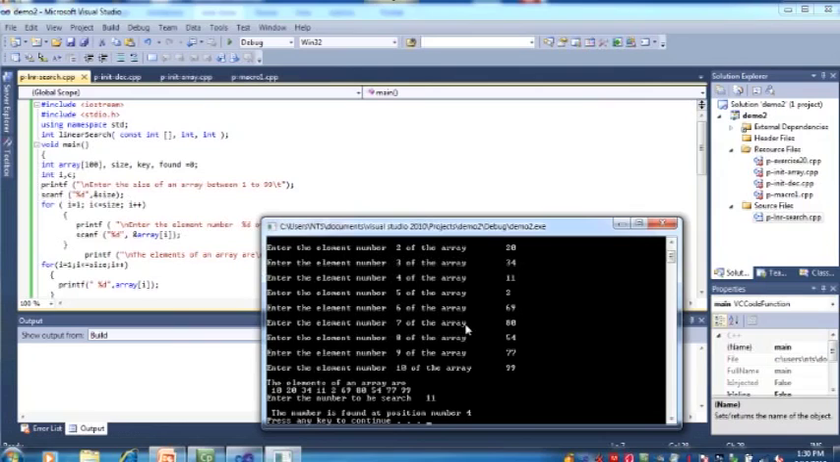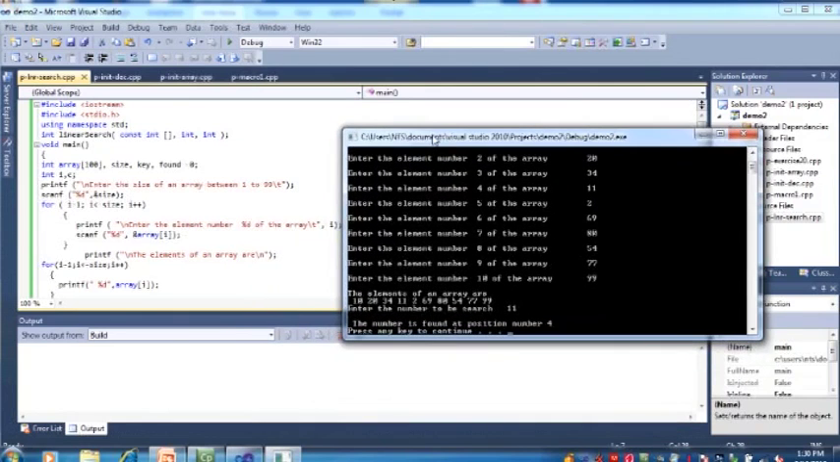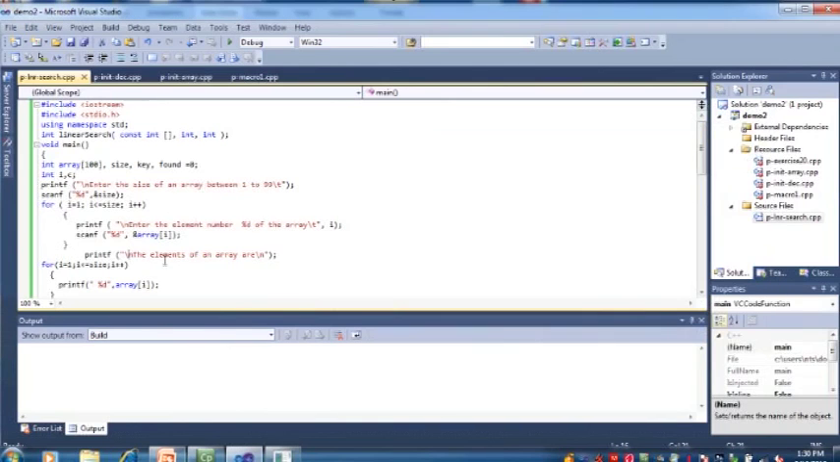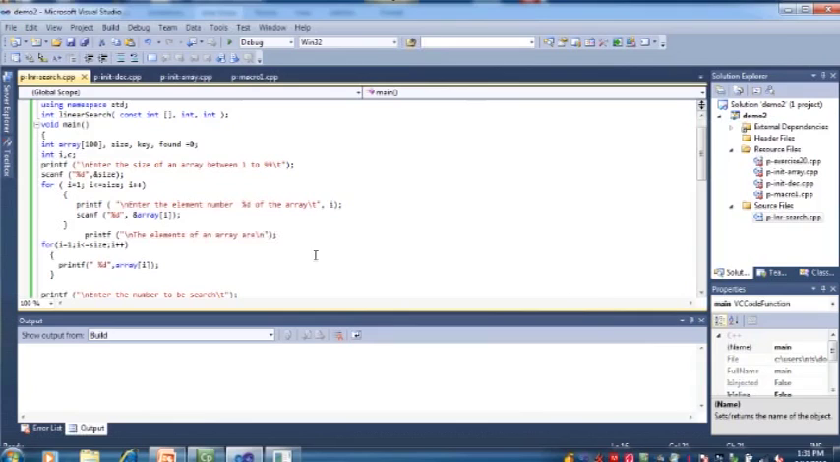The number is found at position number 4. It's giving 4, not 0, 1, 2, 3. Why? Because we have started this particular loop with, instead of data 0, I just wanted to avoid it and said please, I've used here: enter the element number. So I didn't say start from 0, we started from 1, and instead of size less than equal to, if I say less than size then it should be size minus 1, but I said less than equal to,